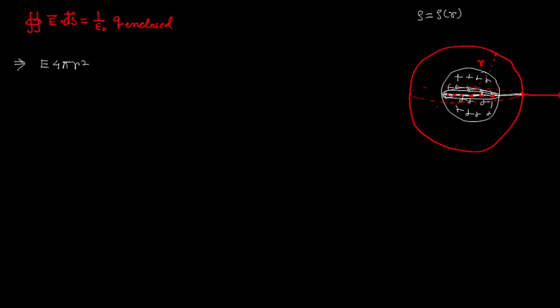If I consider an elementary volume here, this will also create an electric field along this direction, this direction, this direction. Okay. Now since the charge has spherical symmetry, if we draw a straight perpendicular line like this, and let's say this line is the perpendicular bisector of this line, and then we consider an elementary volume here,